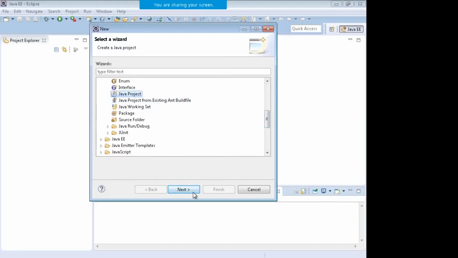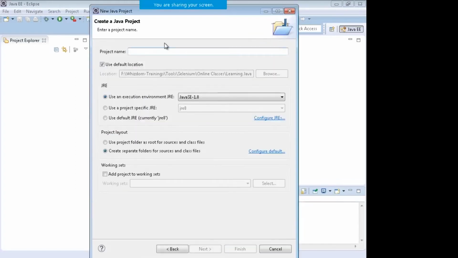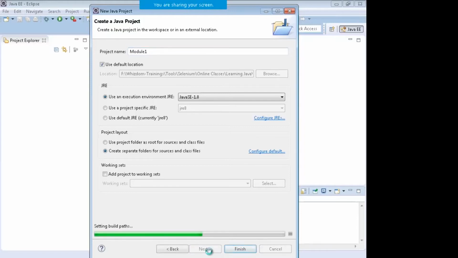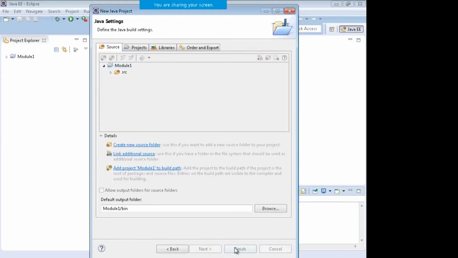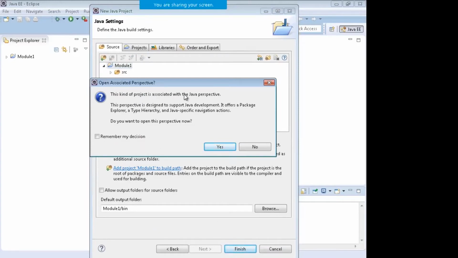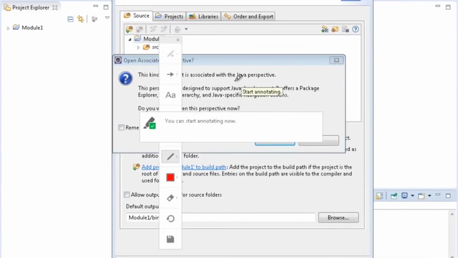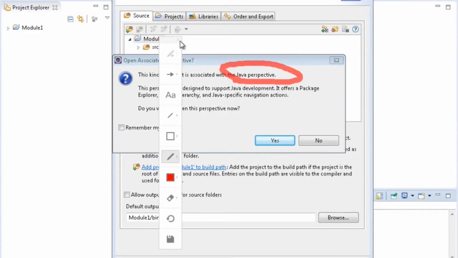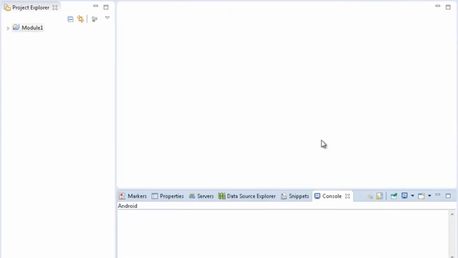Click on Next and give it a very decent name, be very organized, like Module 1, and make sure you don't start it with a number or use a special character in the project name. Keep the name alphanumeric. Click on Next and Finish. This kind of project is associated with the Java Perspective. You will get this message. Ignore this, click on No. I'll talk about perspectives later on, not right now.